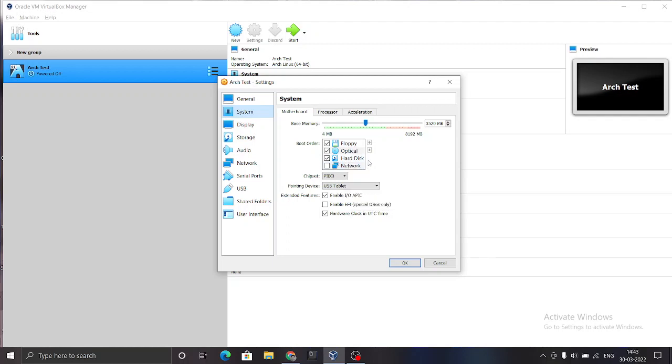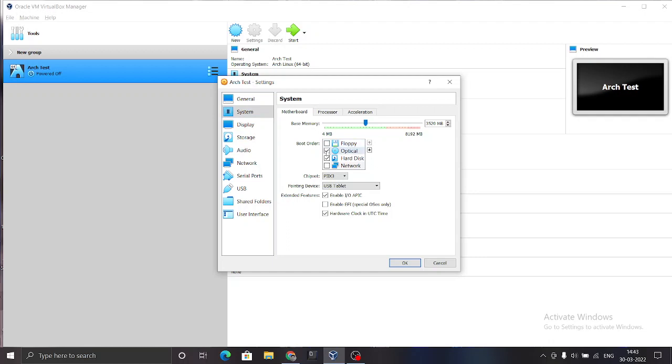Since we have already installed a system on the hard disk, we don't need to boot from the optical disk or the floppy disk. But just for the sake of difference, let me show you what happens. We have already seen what kind of interface is presented to us when we boot from the optical disk.